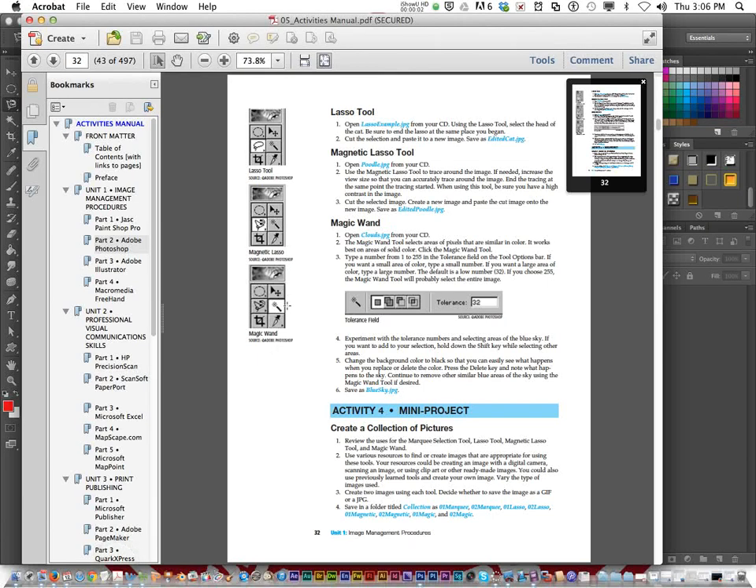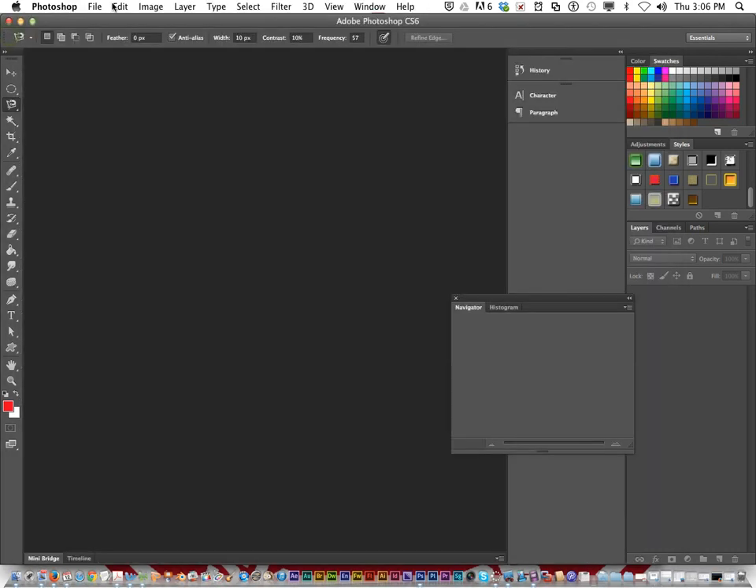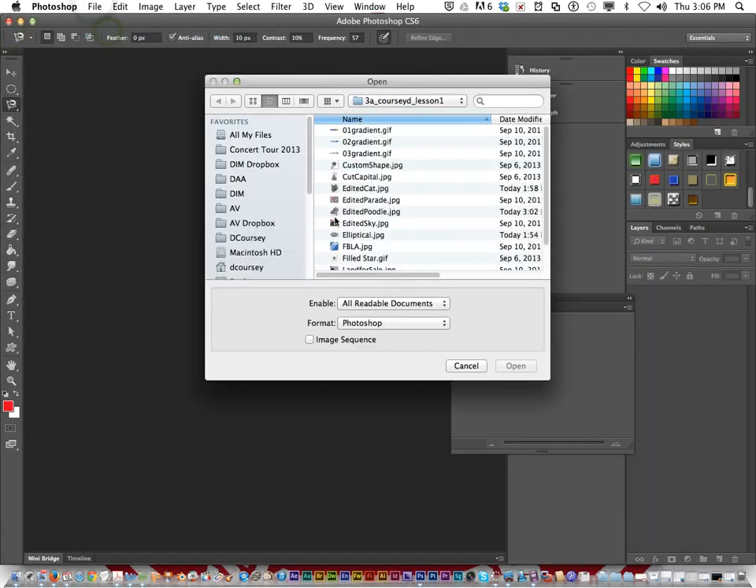The last part on activity 4, we're going to do the magic wand. So you need to open up clouds.jpg from your Unit 1 Part 2 Photoshop folder. Now the magic wand tool selects areas of pixels that are similar in color. It works best on areas of solid color. So let's open up Photoshop, open up clouds,